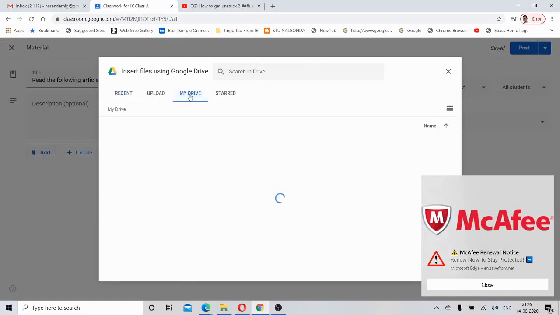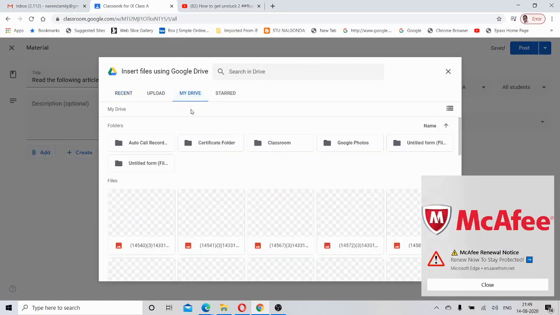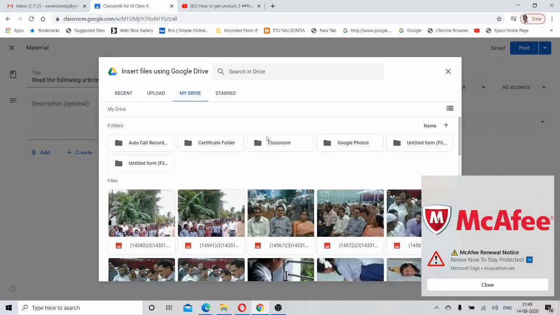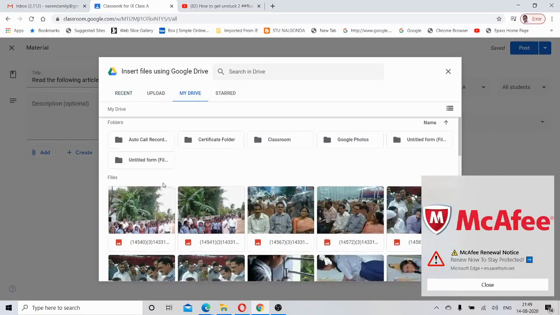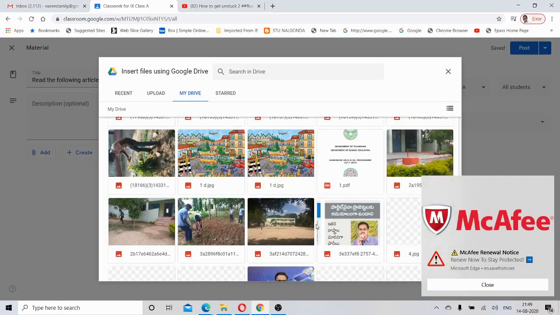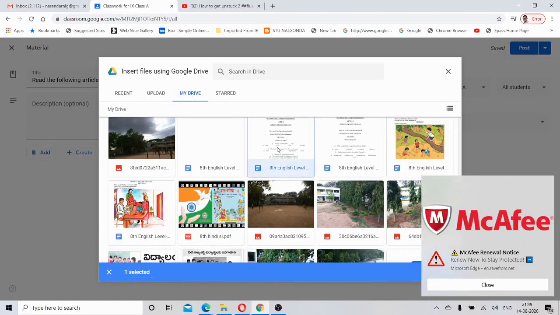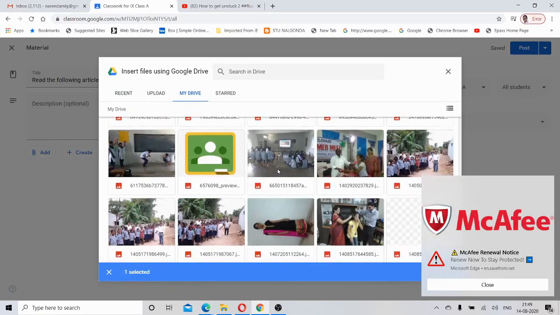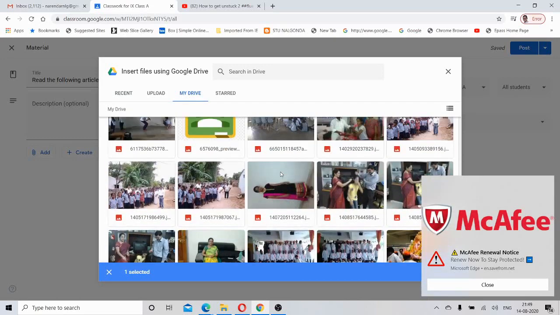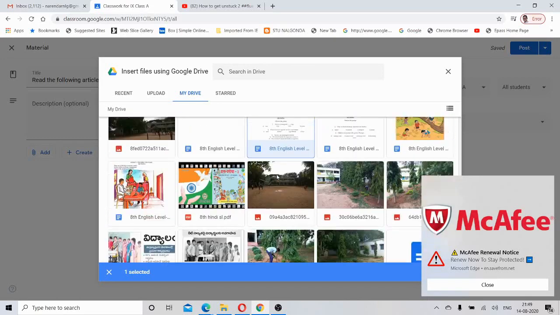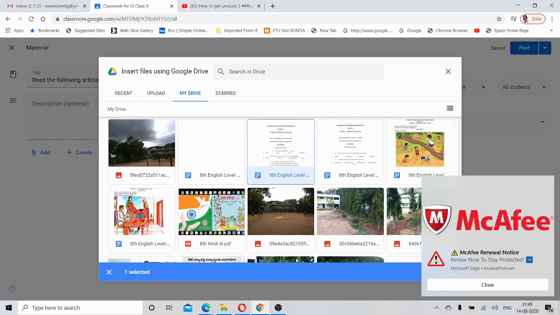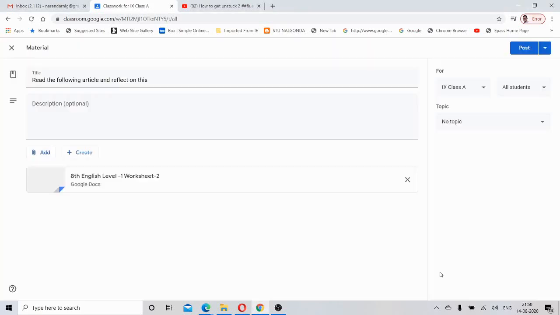Let me show you. Go to the documents. See here, some documents, any document, just for trial I'm giving one document. Let me select this one and insert.